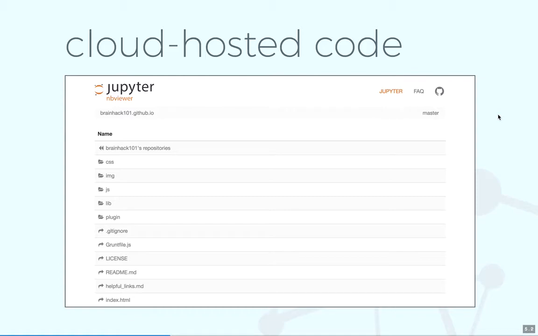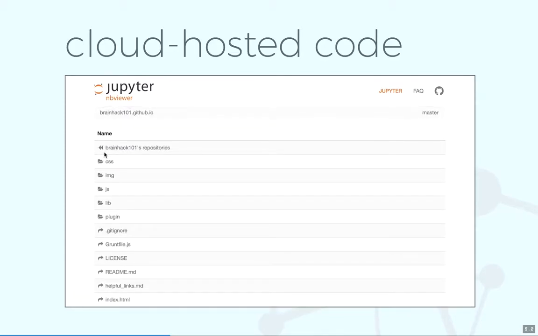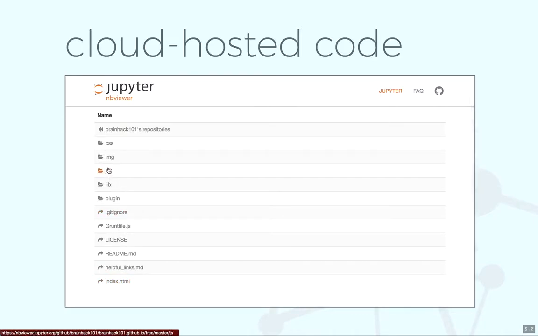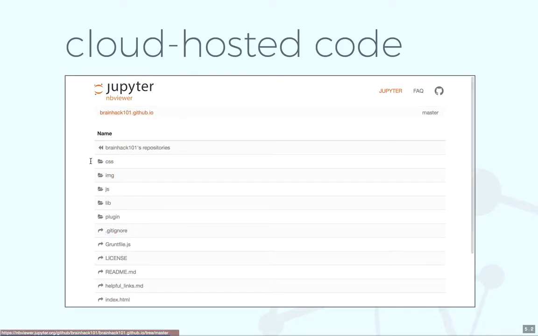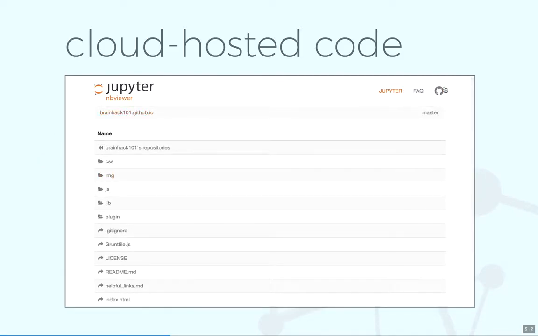As I mentioned, we want to have cloud-hosted code. GitHub doesn't actually let me embed their page in another web page, so this is kind of a cheating version to view my repository. But as you can see here, there's files, including index.html, images, CSS. This happens to actually be the GitHub repo for these slides themselves. So this is online, and you can go and interact with any of the files you want. You can look at them, you can make changes, you can copy them, you can download them, whatever. And all you have to do as